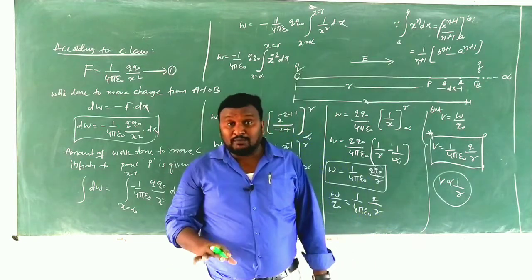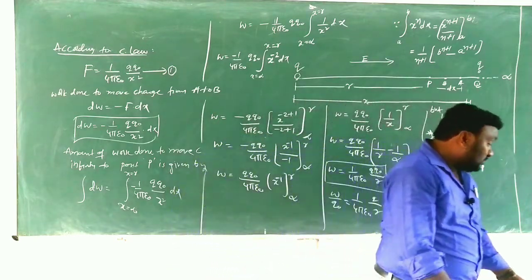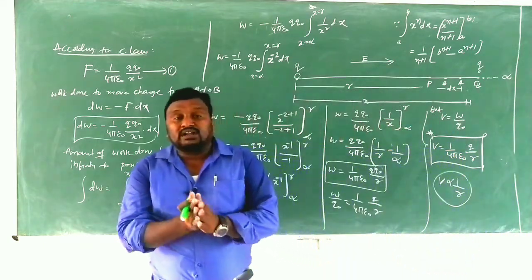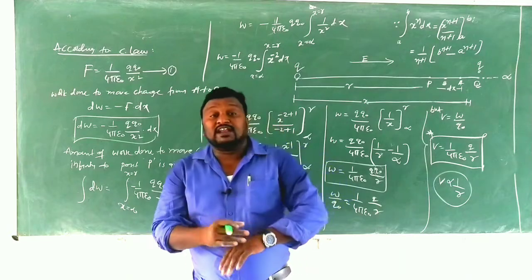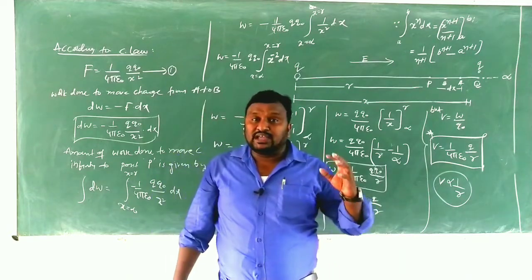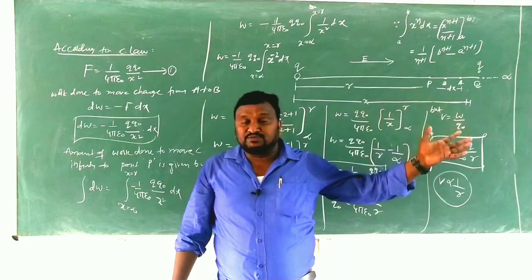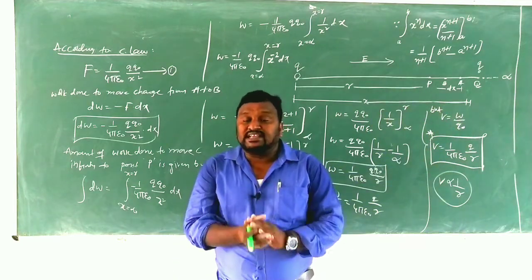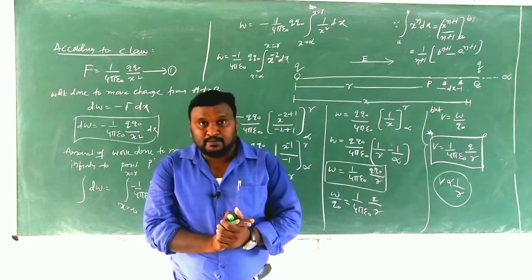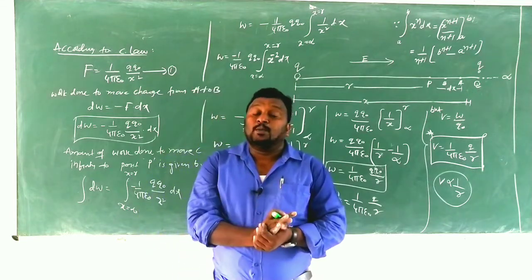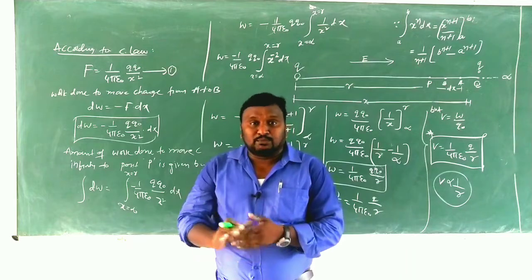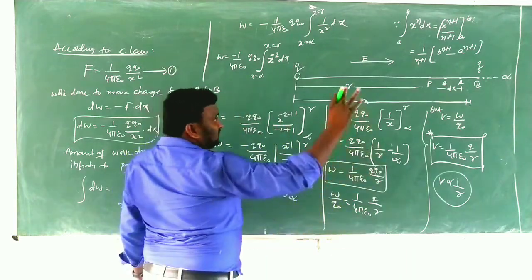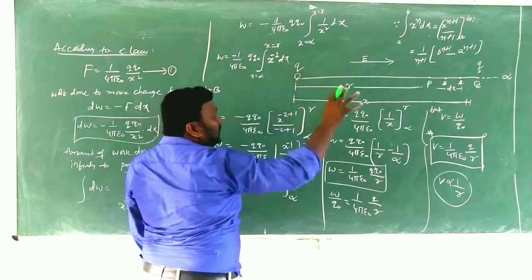Children, very very important topic. I will explain one more time briefly. Just see here. What is potential? The amount of work done in bringing a charge from infinity to a point in the field, against the field, that is what we call electric potential. The electric potential formula is V is equal to W by q naught. Now in this case we want to find the electric potential due to a point charge. So for that, here we are taking one diagram. For the entire derivation, this diagram is the heart.